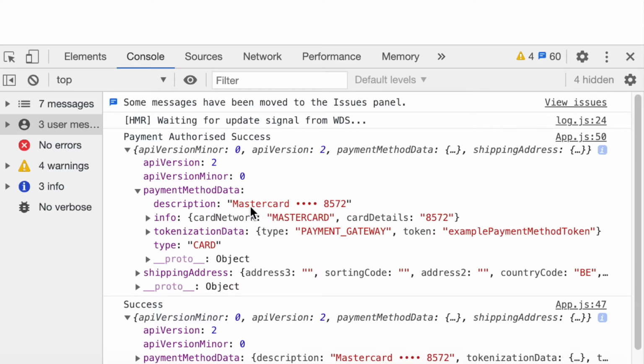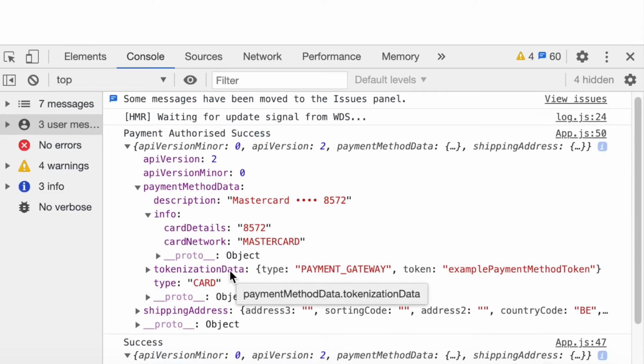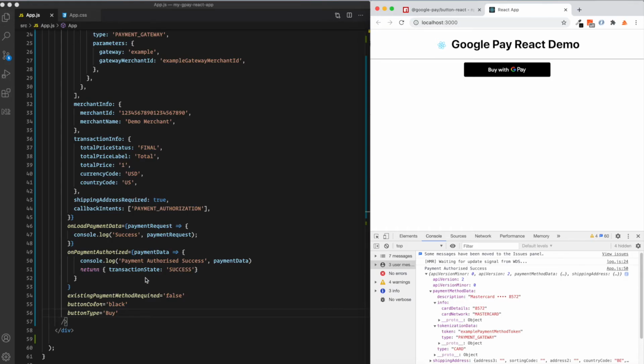And in this payment data I have my card details, my card number ending with 8572, the card network is MasterCard, and then the token data. The token data will be used to send the information to your backend.